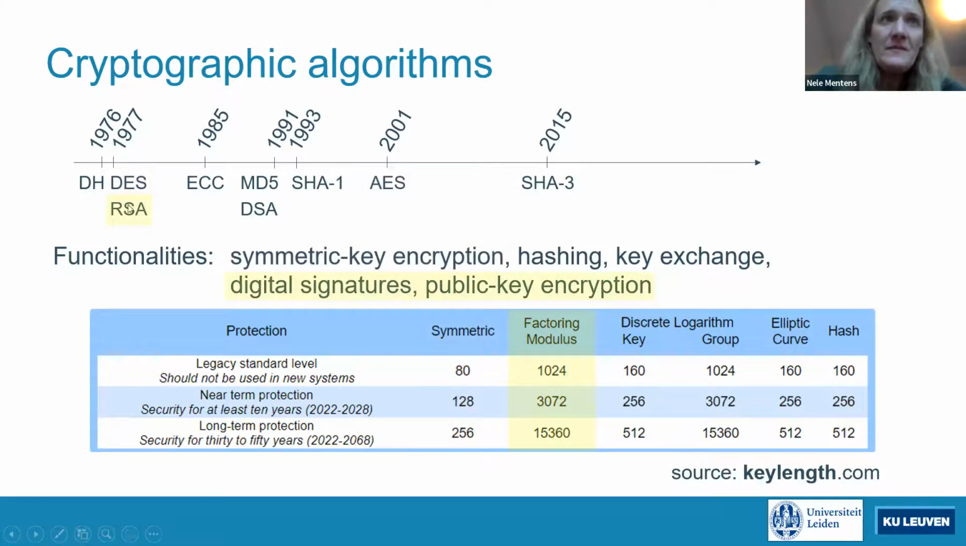Then the RSA algorithm, which was also published in 1977, can be used for digital signatures and for public key encryption. This is a public key cryptography algorithm, which means that, as opposed to DES and AES, where we had symmetric key encryption, where the two entities that communicate with each other have the same symmetric key that can be used on one side for encryption and on the other side for decryption,